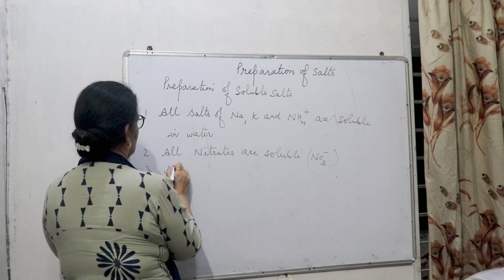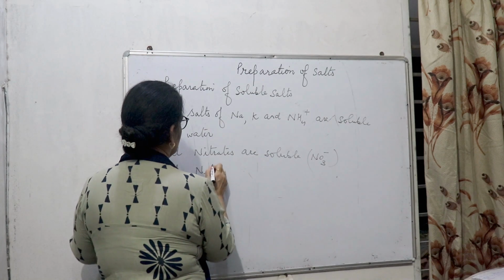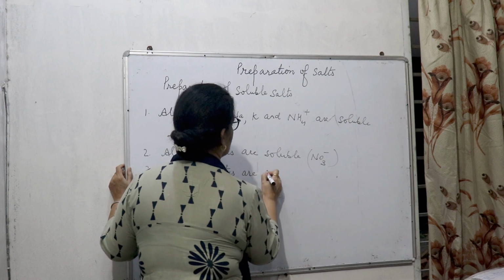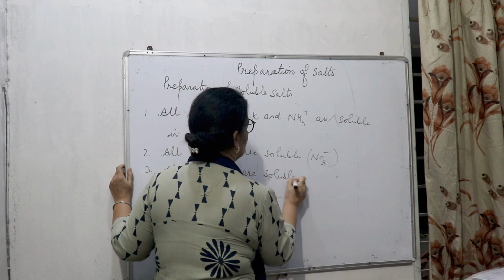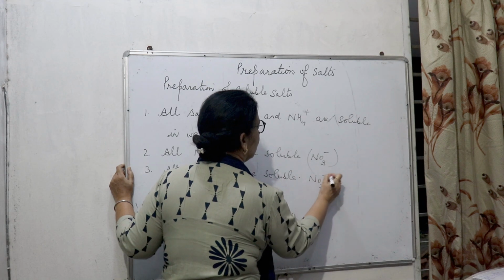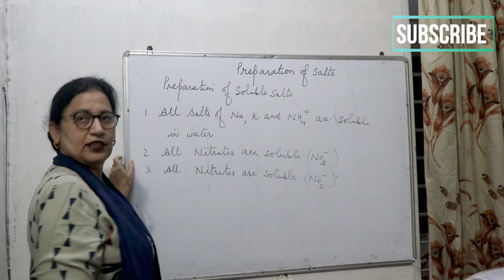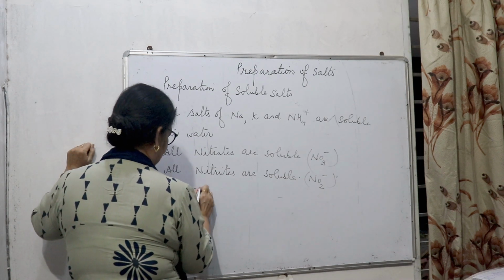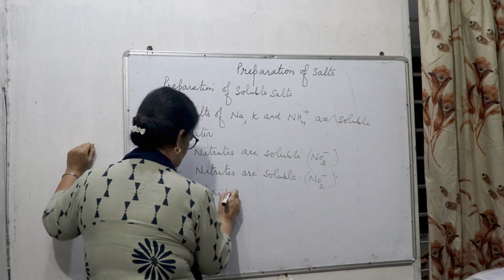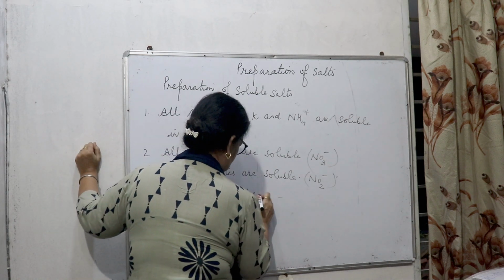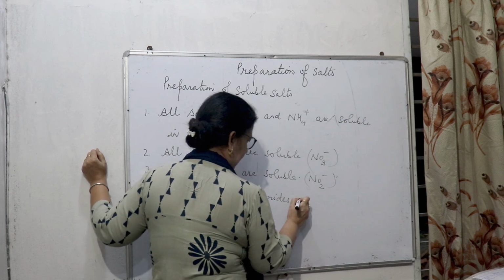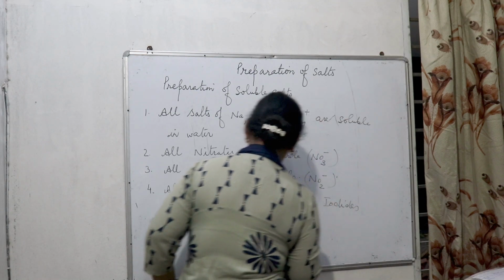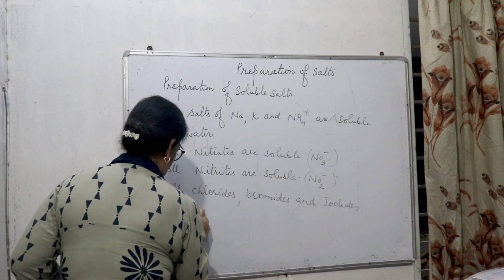Third one, all nitrites are soluble. Nitrite, that is NO2 minus. So all nitrites are also soluble. Fourth one, all chlorides, bromides and iodides are soluble